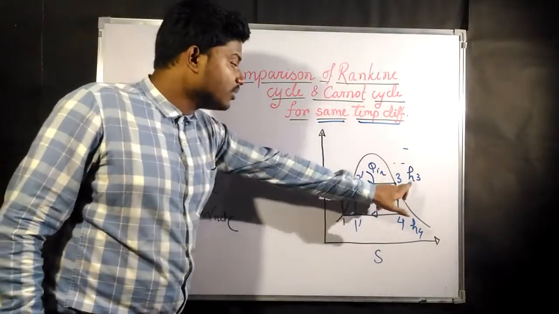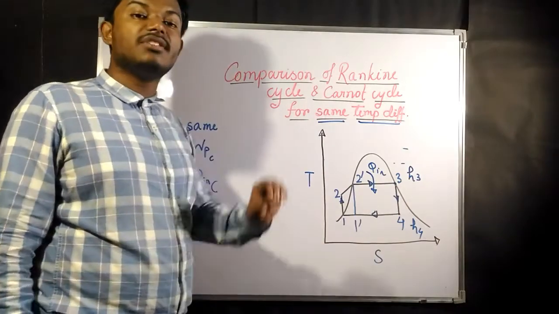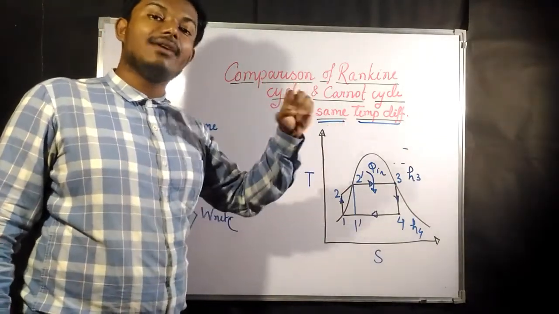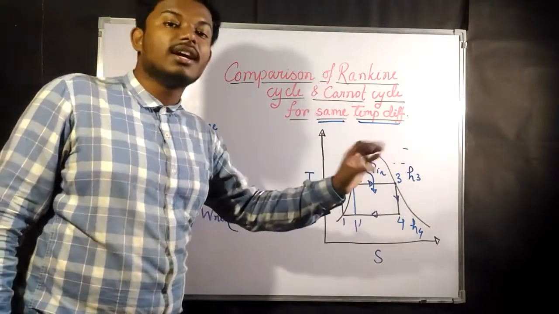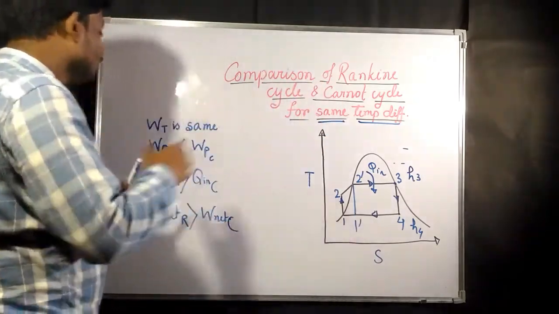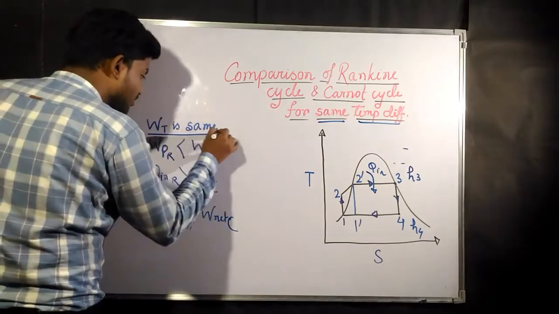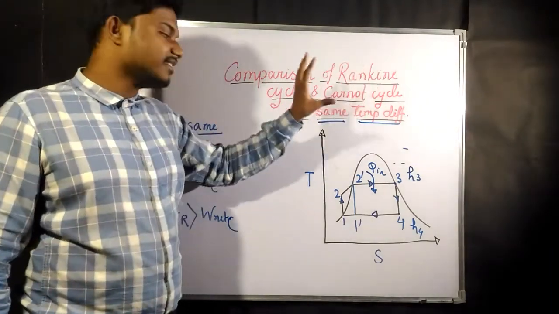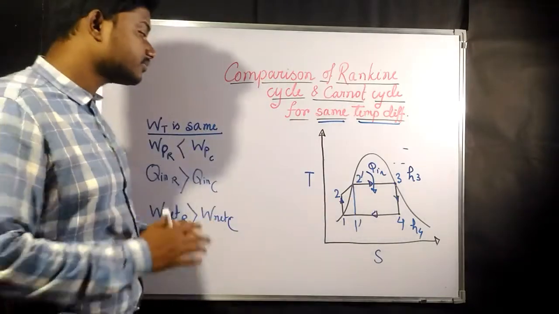Okay, so that means H3 minus H4 is going to give you the work done by the turbine for the Rankine cycle, and also the work done by the turbine for the Carnot cycle. So we can say that the work done by the turbine is going to be the same. If we compare the Carnot cycle and the Rankine cycle, the work done is going to be the same, but